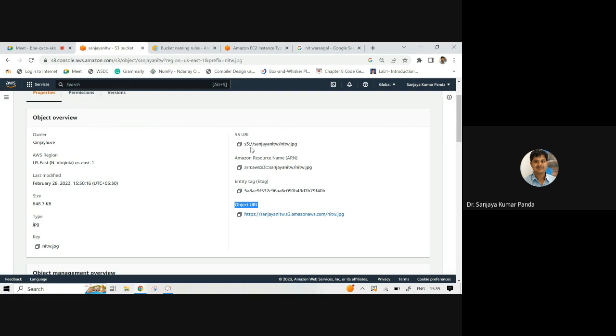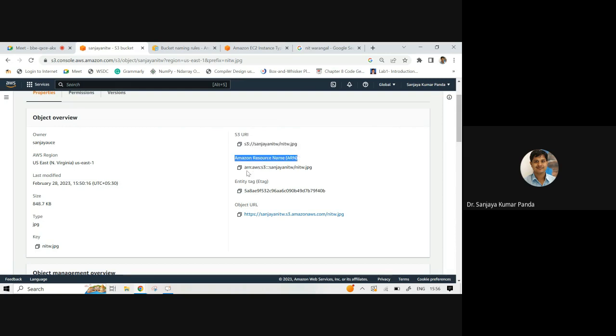See here, S3: S3 is your service name, then Sanjay NITW is my bucket name, slash nitw.jpg is my object name. So it is very simple. No need to remember. S3 colon double slash bucket name slash your object name. Similarly, here you can see Amazon Resource Name.